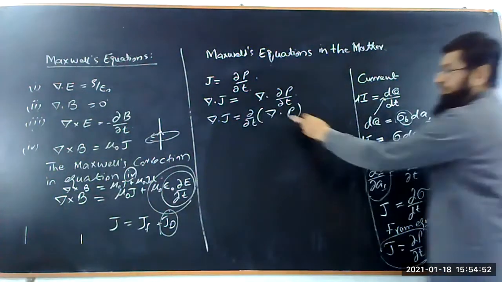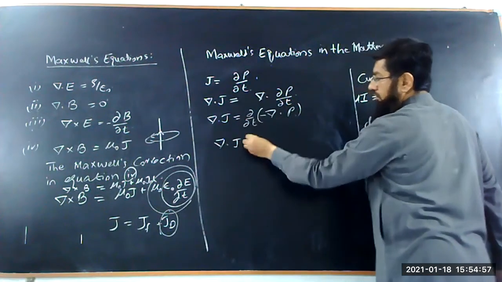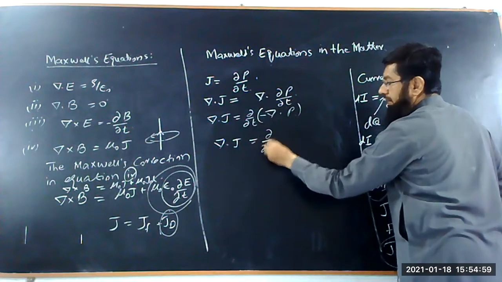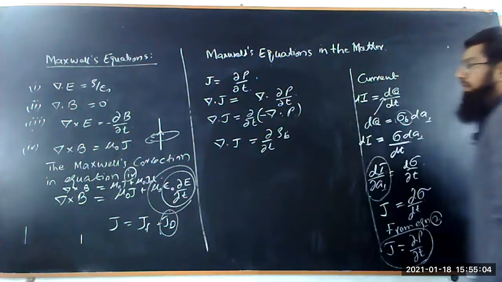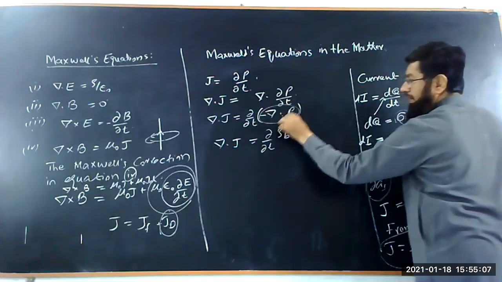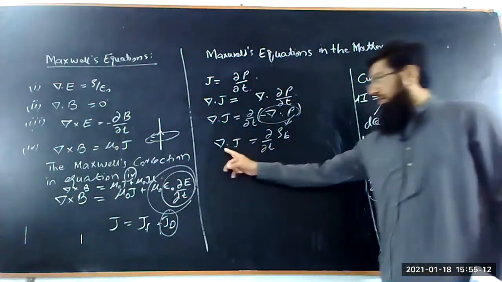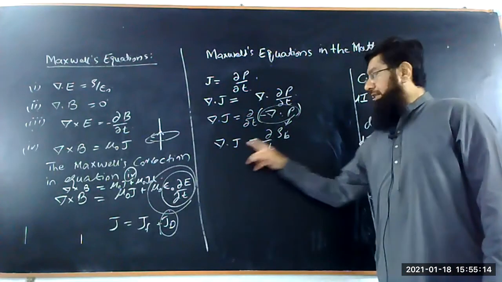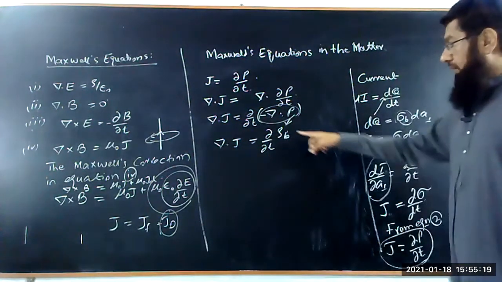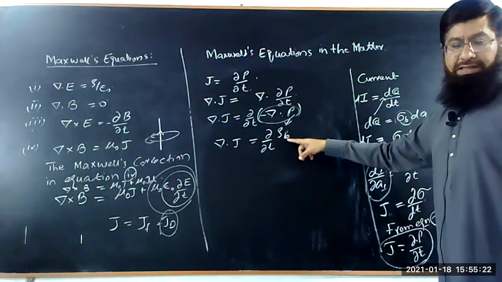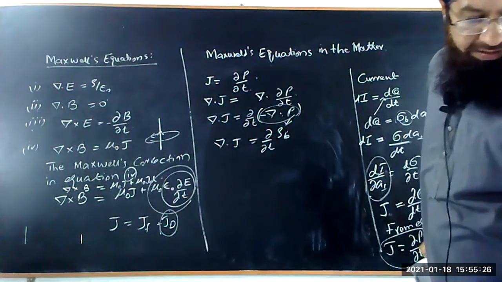And the divergence of P, if it changes, so we can say minus d over dt of the divergence of P is equal to rho of B, because this divergence of P is equal to rho of B. So here the divergence of the current density is equal to the rate of change of volume bound charge densities. Okay, so here if we look at this,